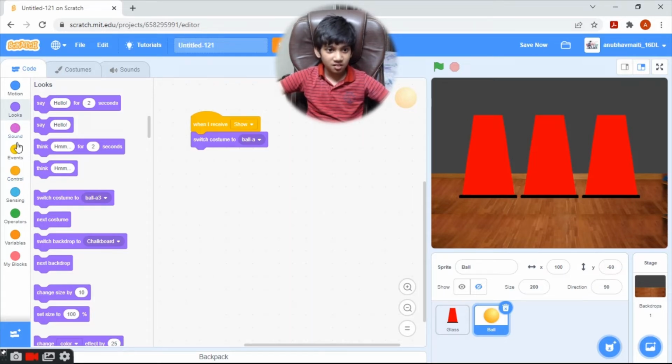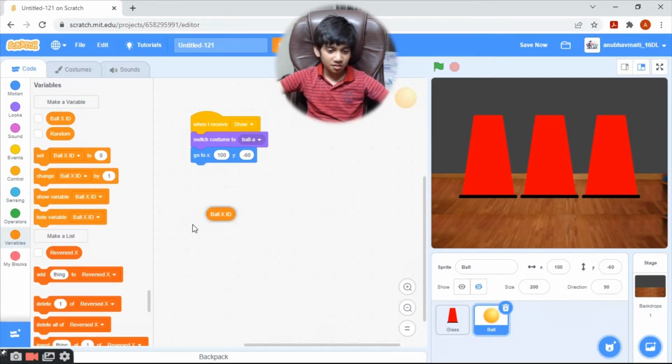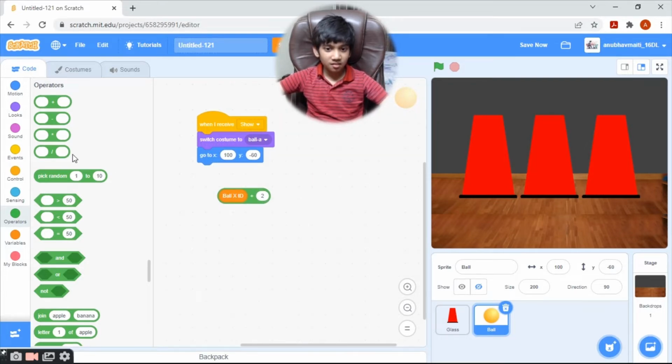And then go to the ball xid, and then plus 2, as we can set ball xid to pick a random number between 1 to -1. So ball xid plus 2